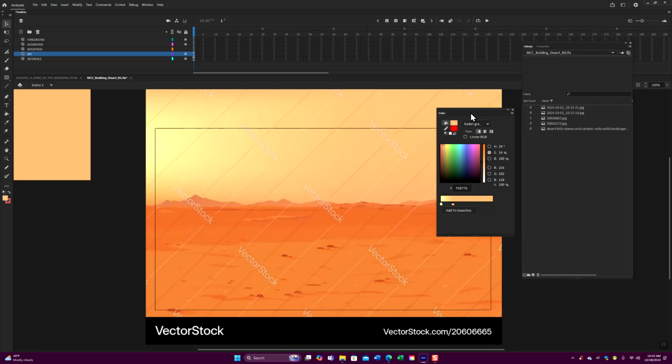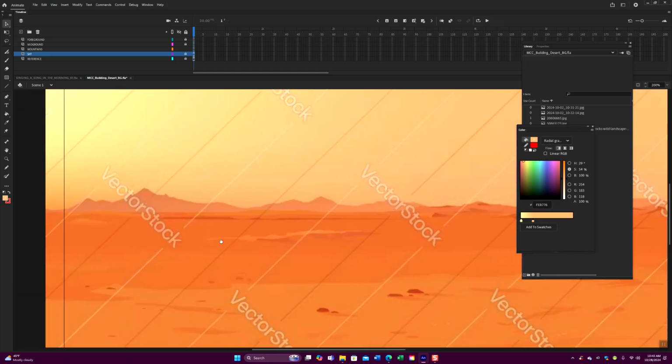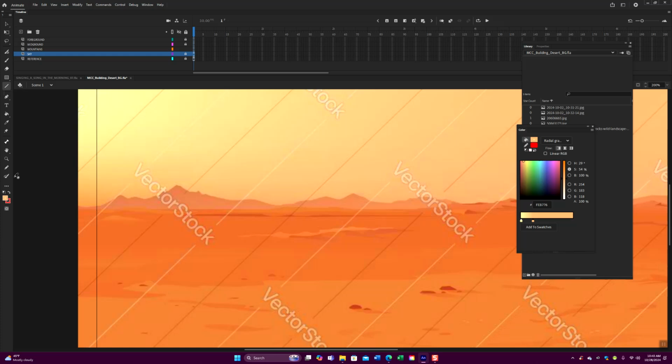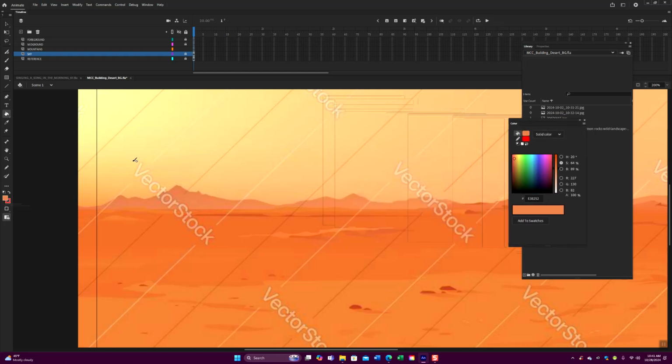Okay, so the mountains are all going to be kind of one color. And what you do is, I'm going to zoom in, and first of all, I'm going to change that color. I'm going to use my eyedropper and just pick the color of the mountains. And you'll see that you've got this color here. All right, so those are going to be my mountains. And then I'm going to take that stroke color, I'm going to make it black. And now I'm going to start just copying the shape of that,